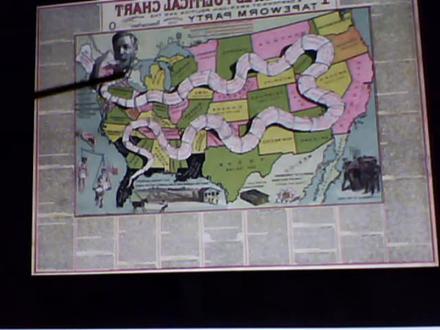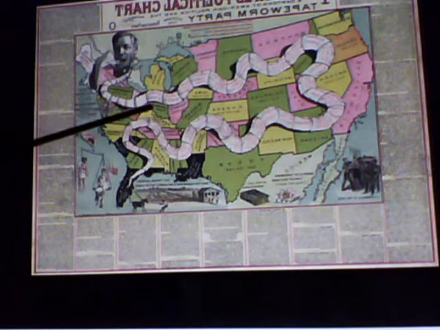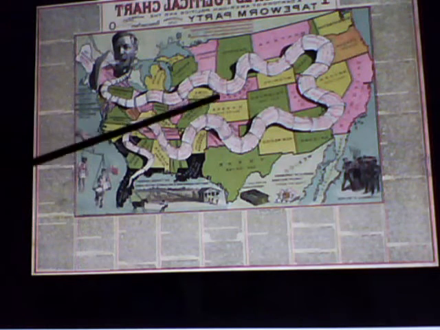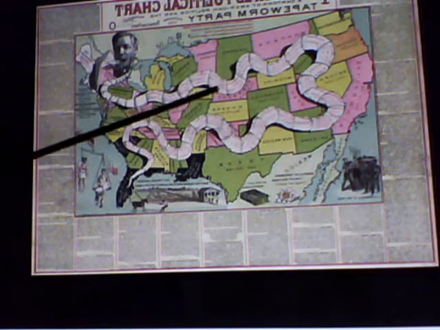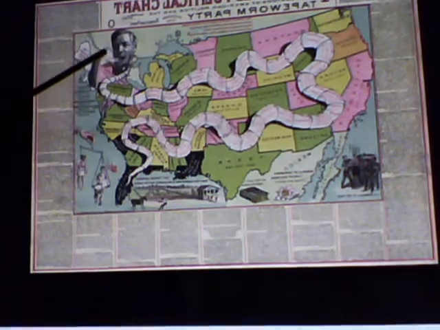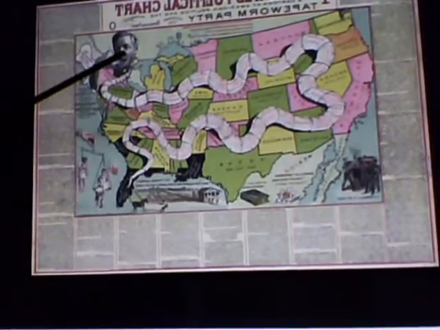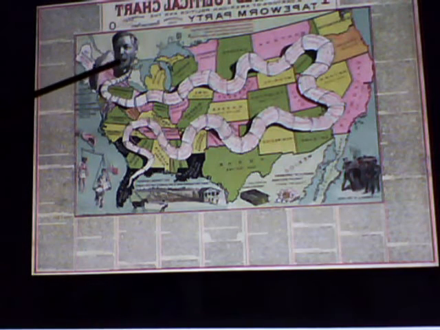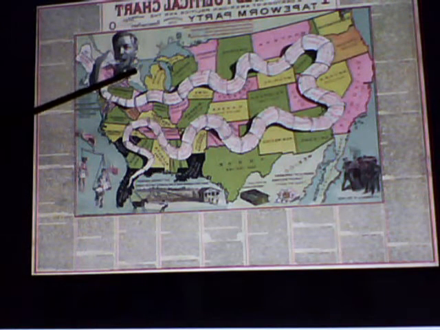Then the next thing about this is the other end of that tapeworm comes up. It comes around from down in Florida. It goes around all of these different states, comes around and comes back this way, and then comes up to this guy. There's a man here. Check this out. It shows the man's mouth is open. He's a bearded man. It has his mouth open, but the tapeworm actually stops right around here by his collar.